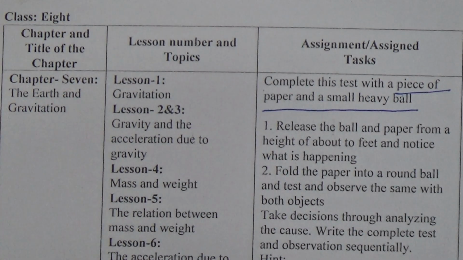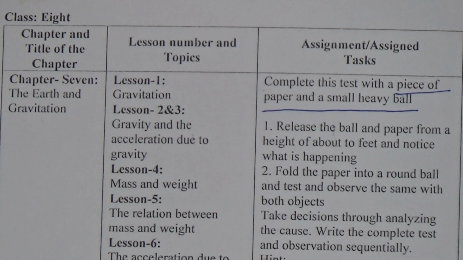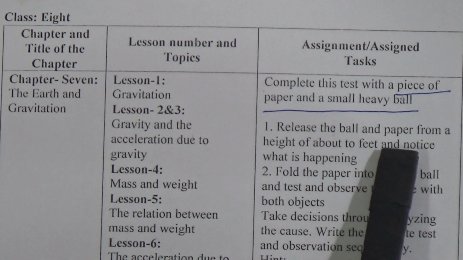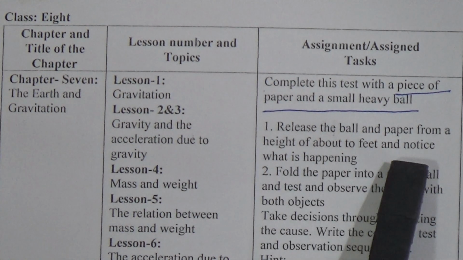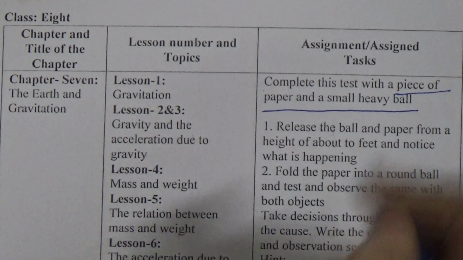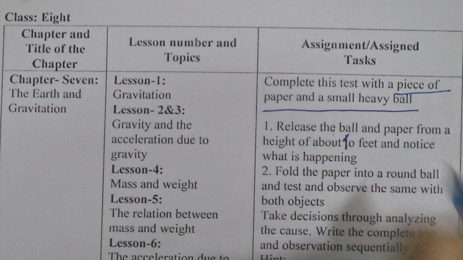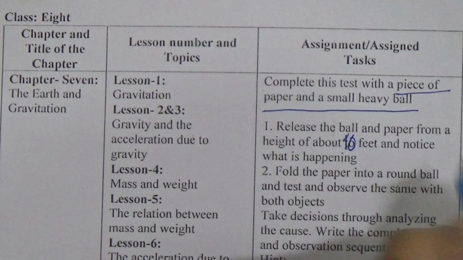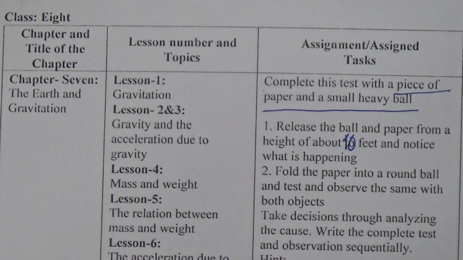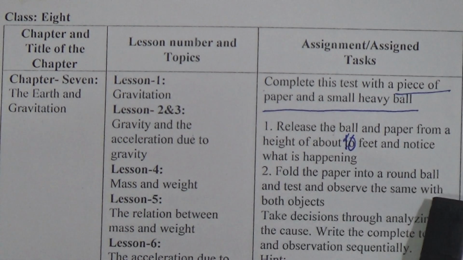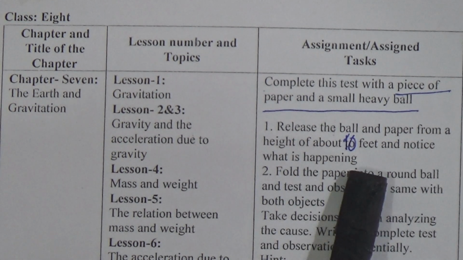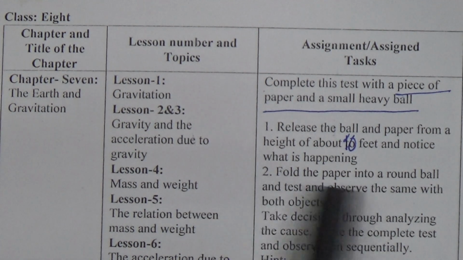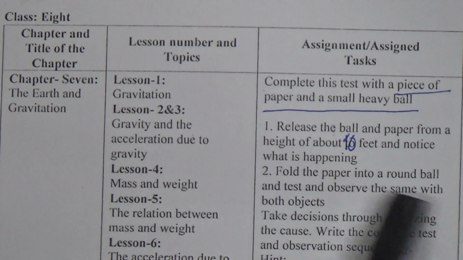You have to take a piece of paper and a heavy ball, and release the ball and paper from a height of about 10 feet. Notice what is happening, and fold the paper into a round ball. That means after the paper and the ball fall, you have to fold the paper like a round ball